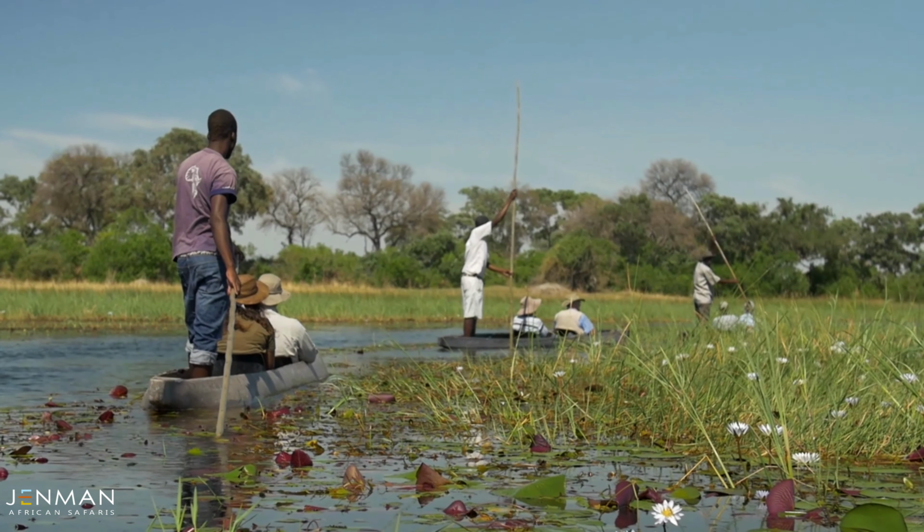If you're going to be in very wet areas, or even if you are doing canoeing or on a Makoro in the Delta, perfect. Another great essential item would be a good hat. It gets really hot out here sometimes, and you want to keep yourself covered. If not a hat, what I tend to wear is a scarf around my head. Protects your hair from sun damage as well as from anything flying around, and